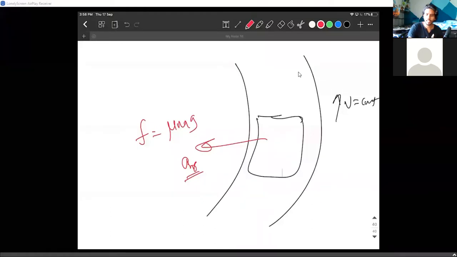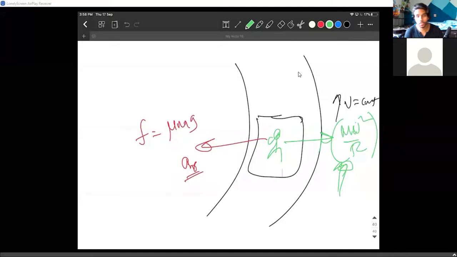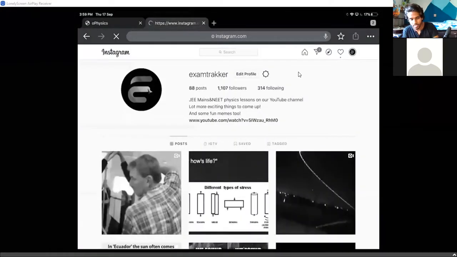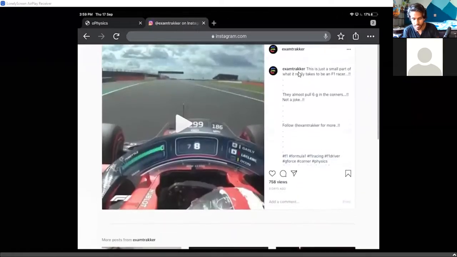Now, simple question: whenever they are turning, there will be pseudo force. If I am the car driver, in that frame of reference, there will be some pseudo force mv square by r. Does anyone know the amount of pseudo force that they experience? I've recently posted an Instagram post on this. Anybody answer? No? It sometimes almost reaches 5 mg. The value almost reaches 5 mg. Do you know that? I have it opened here. Of course, it crashed. Yeah, right here. Can you see that?